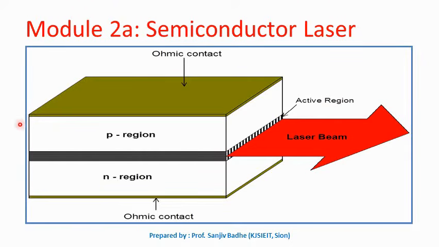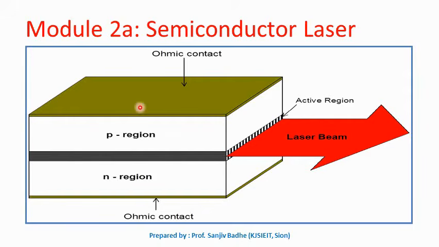All the sides of this PN junction, this side or this side, are perfectly polished so that photons cannot escape from these sides. Only one direction is available for photons to escape, this one here. So only those photons will be allowed to come out which move in this direction. As a result of this, we can get a laser beam. This PN junction will work as a semiconductor laser when it is connected in forward bias mode. So laser output will be obtained only when this PN junction semiconductor laser is connected in forward bias mode.